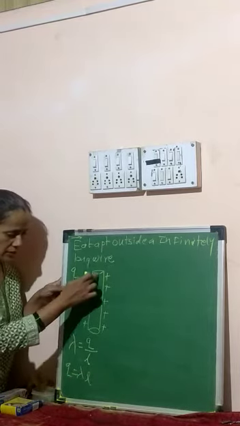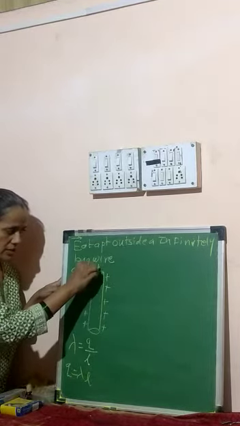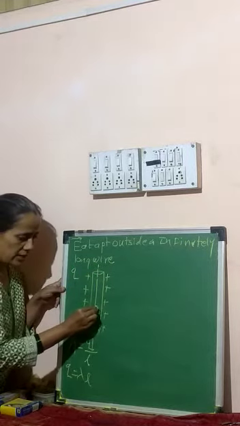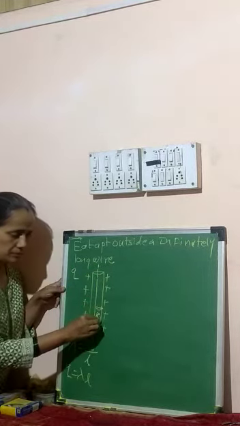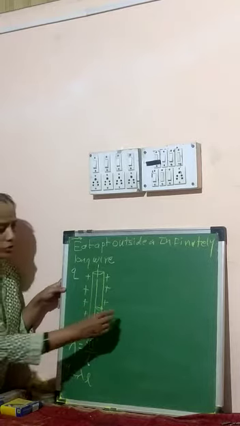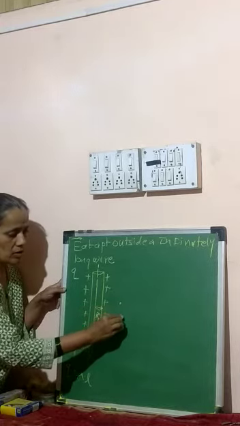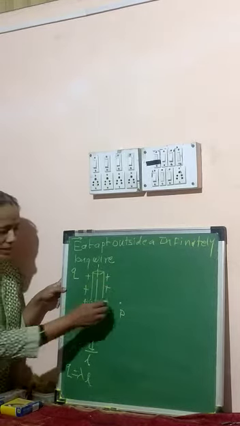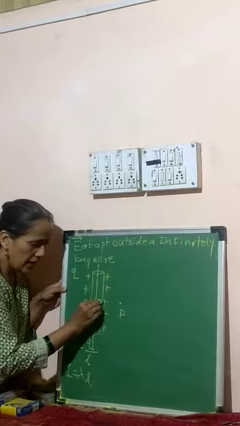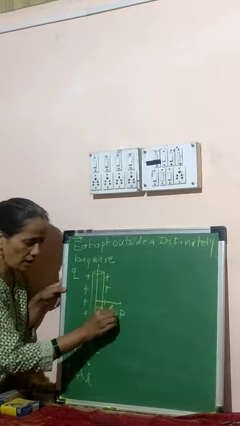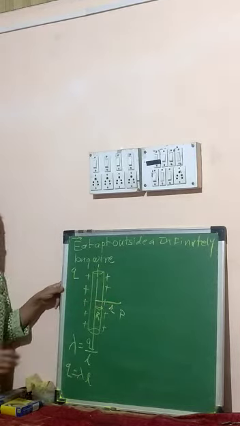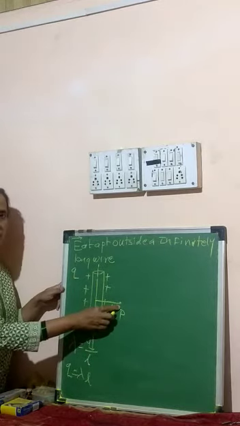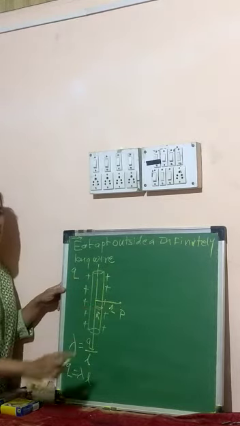Now whatever this infinitely long wire we have considered, this infinitely long wire has radius capital R, and let your P point be outside the infinitely long wire, and this P point is at a distance of small r from the infinitely long wire, and here at this P point we want to find out the electric intensity